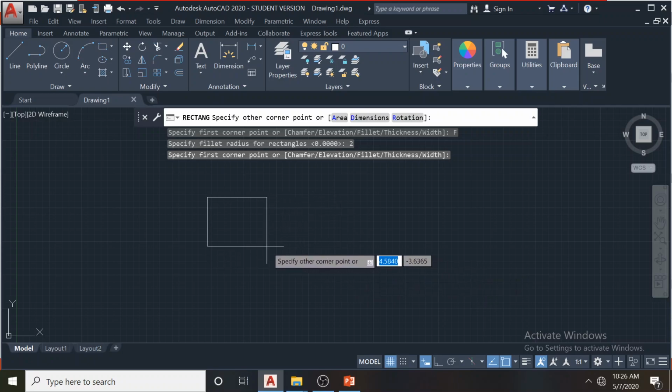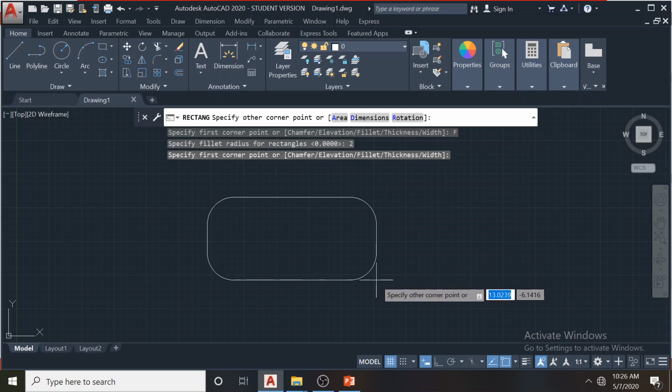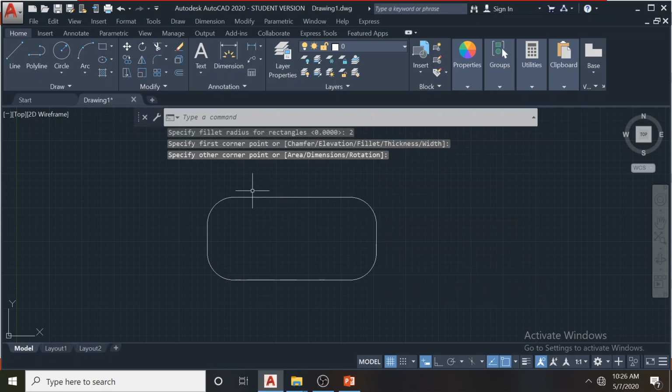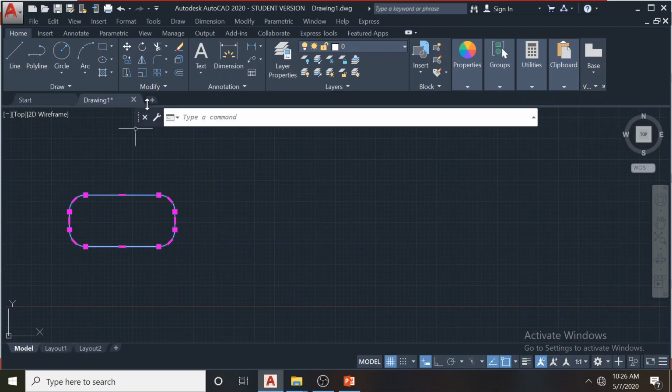When the rectangle is small, it's not going to be created, and you can use the other options we discussed earlier to make the rectangle. Here every corner has the same radius, so we don't have much control, but it's faster than the normal fillet tool. Similar to fillet, we have the chamfer method.